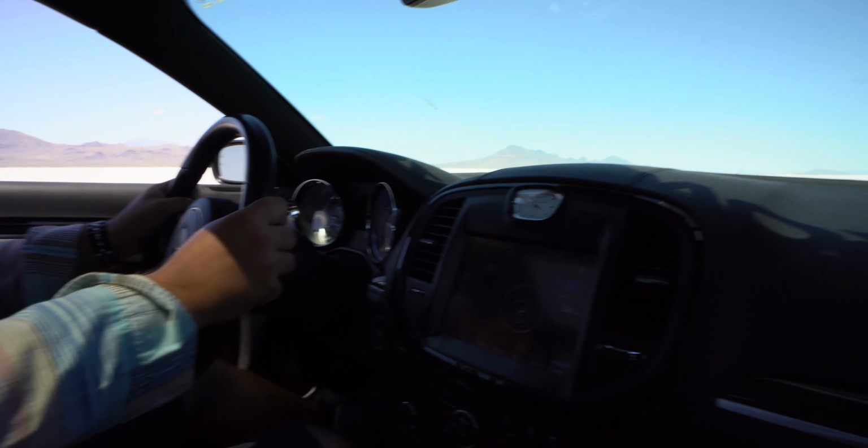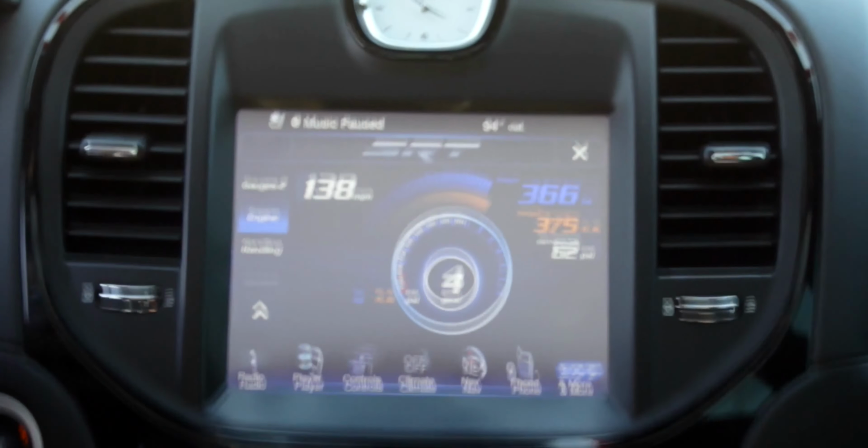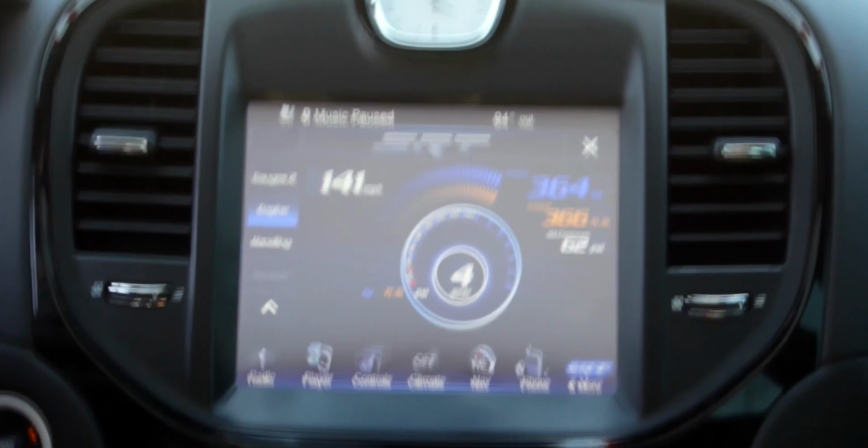Pikes Peak, overheating on the top of Pikes Peak. It lost sway bar flat out. Salt flats at 100 degrees, flat out on the hottest day of the year in Utah on the salt flats. Top speed runs. This thing has been through some shit, and that's why these cars are so